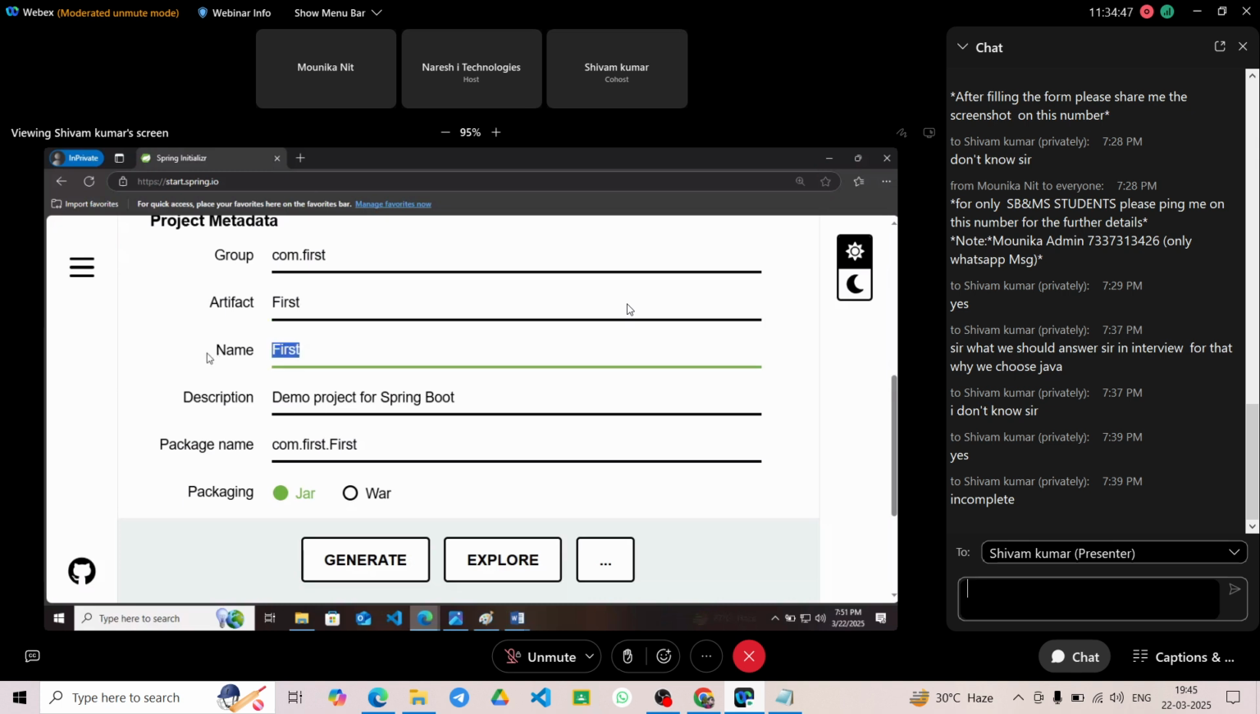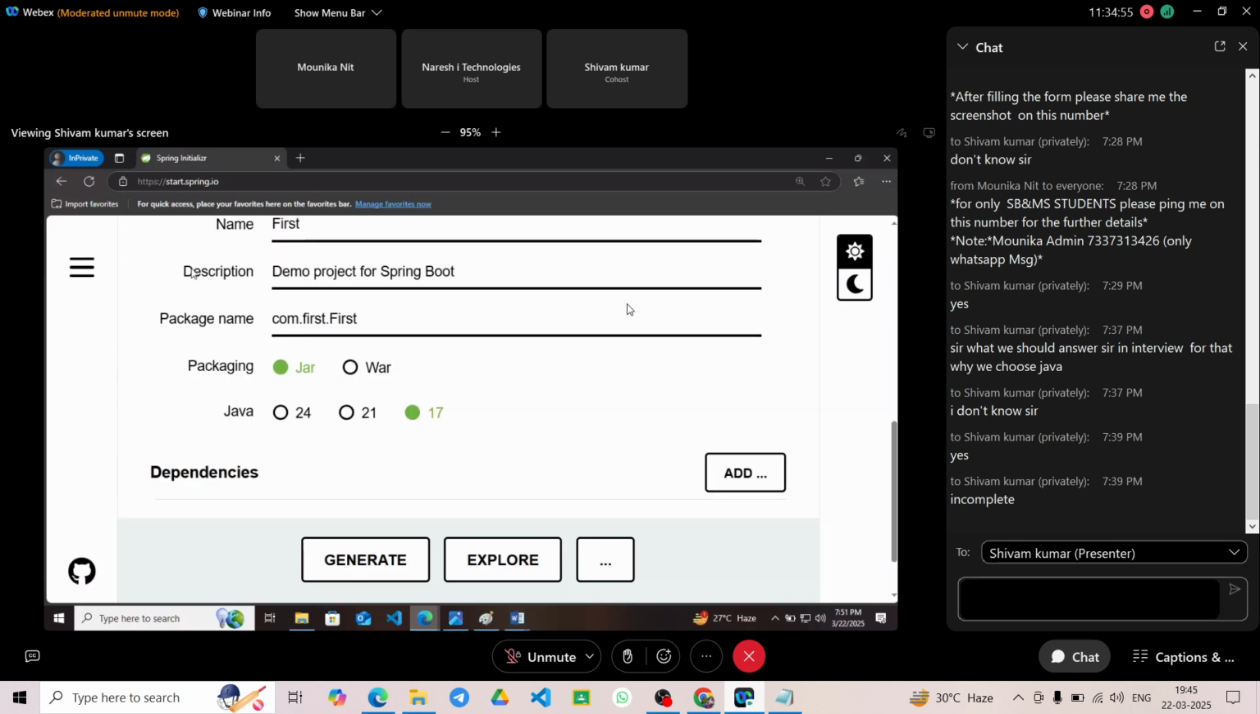This name part is for you and this artifact part is for Spring Boot. I will show you where it is written in Spring Boot. Description you can write if you want, that this is a first project of Spring Boot created using Spring Initializer